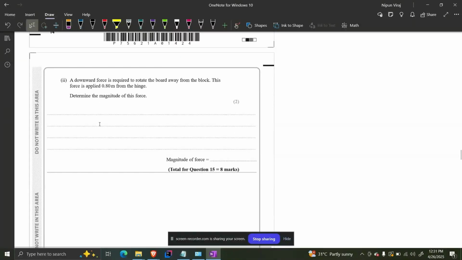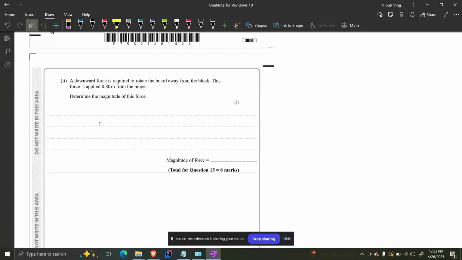The downward force required to rotate the board away from the block. This force is applied 0.80 meters from the hinge. So they are saying, now in this situation, the board has a clockwise moment of 4.5 Newton meters. Okay. So if you want to rotate the board away from the block, that means rotate the board in the anti-clockwise direction. Now this is a clockwise moment. Then what should happen? If you want to rotate it in the opposite direction,